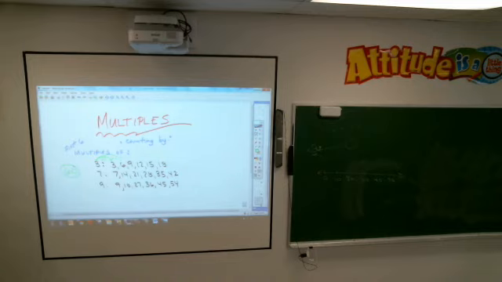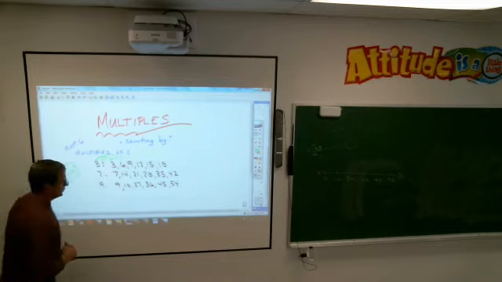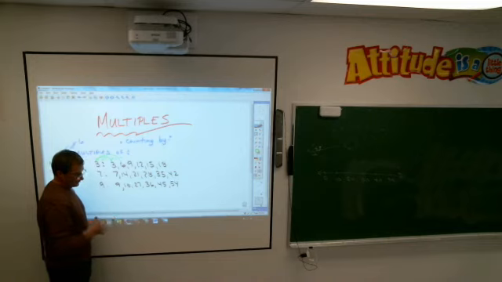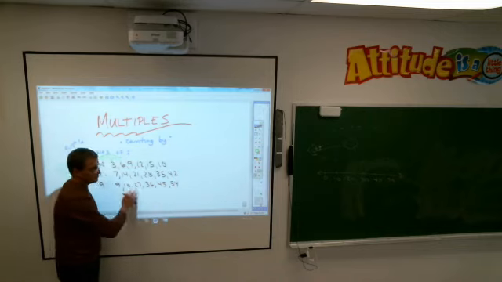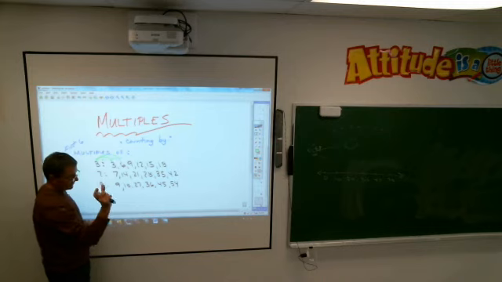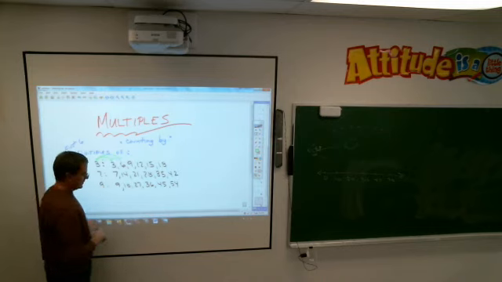But again, I see too often people getting multiples and factors mixed up. Factors of 9 are 1, 3, and 9. Multiples of 9 are counted by 9. Multiples go on forever. Every number has only a certain amount of factors. It doesn't go on for